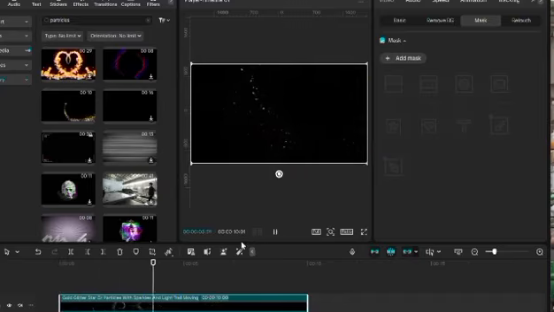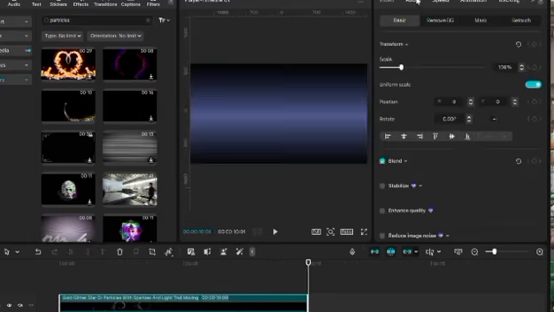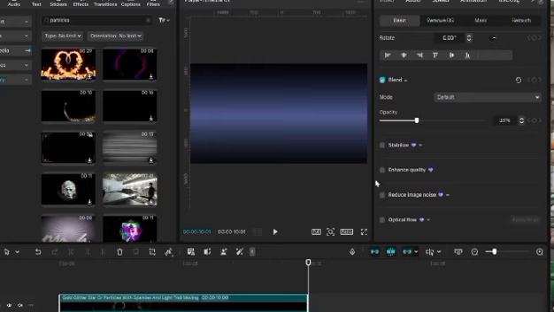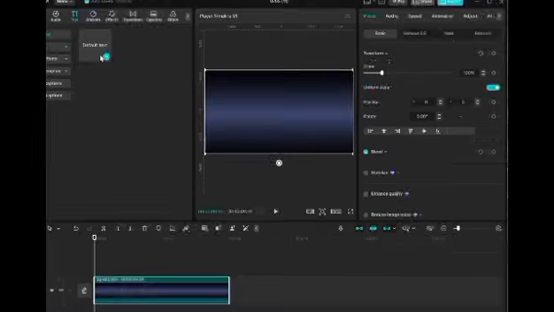So you see, it's only black, so we're going to blend that one. So just go to basic, and we're going to find the blend option. So that's one. You need to lessen the blend, guys, so that you can see the background and it looks like this, guys. And that's it.